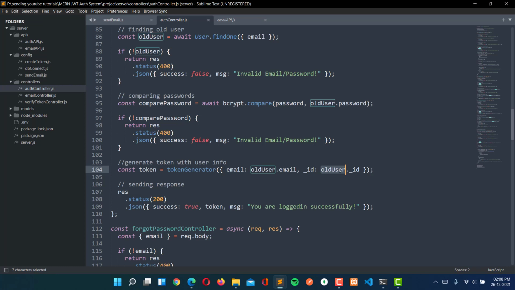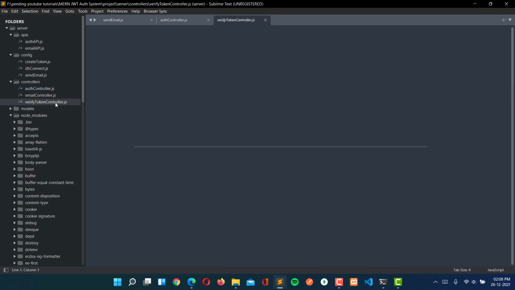So here we have to do one thing. We have to create one more route here to get the user. Let's go forward.